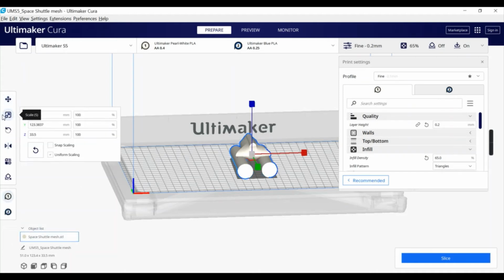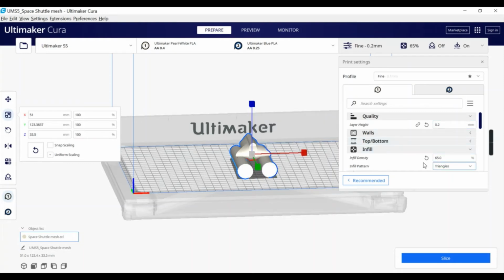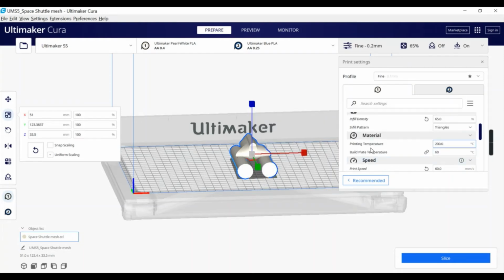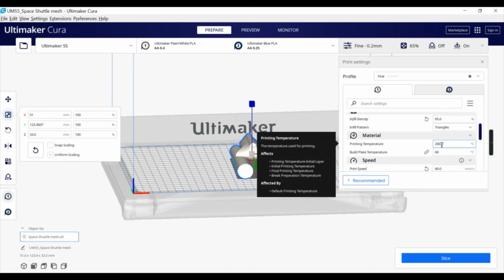Like here in the dimension constraints, we can see that our model clearly obeys all the dimension constraints of 200 mm each for X, Y, and Z. Coming to the quality and the print settings, the layer height has been set to 0.2 mm and the infill density to 65%. The printing temperature and the build plate temperature have been respectively set to 200 degrees and 60